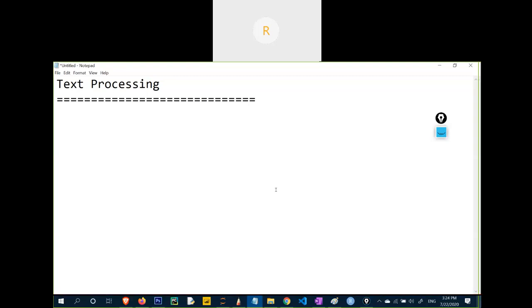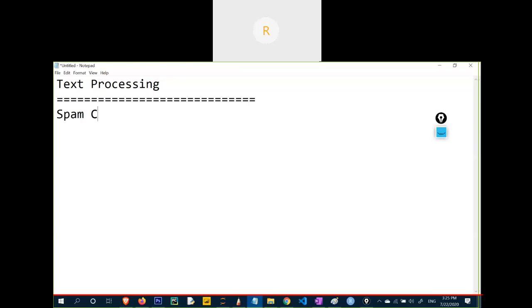So we are talking about text processing here. First of all, in text processing, we can have the data in raw text format, either mails, or let's say a message, or a review or anything. Now, why do we need text processing, and what sort of applications use it?